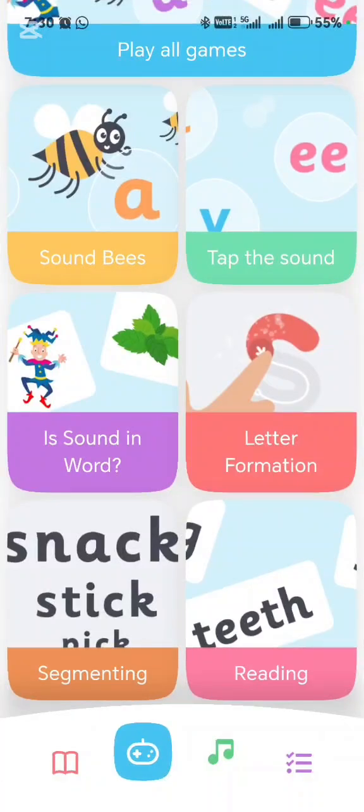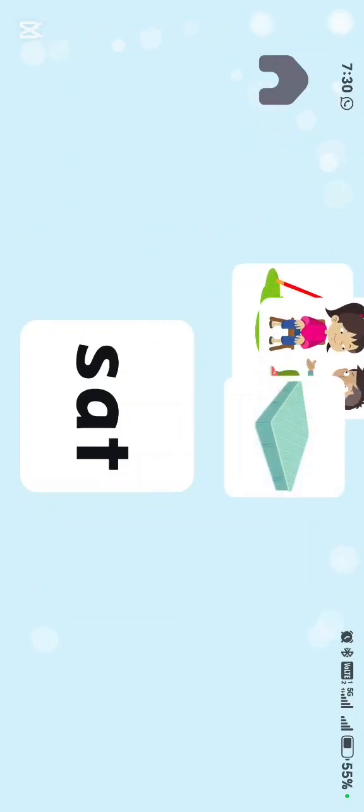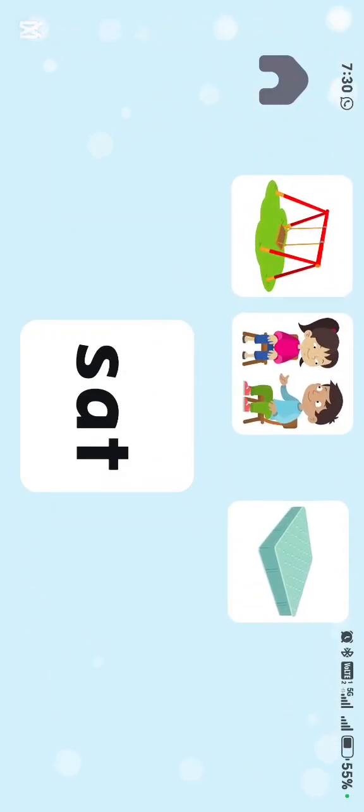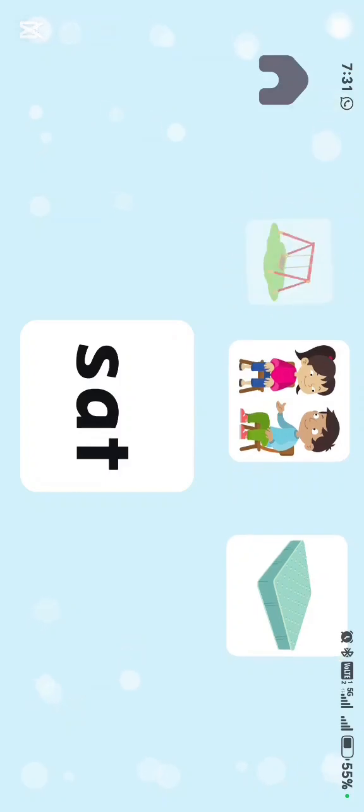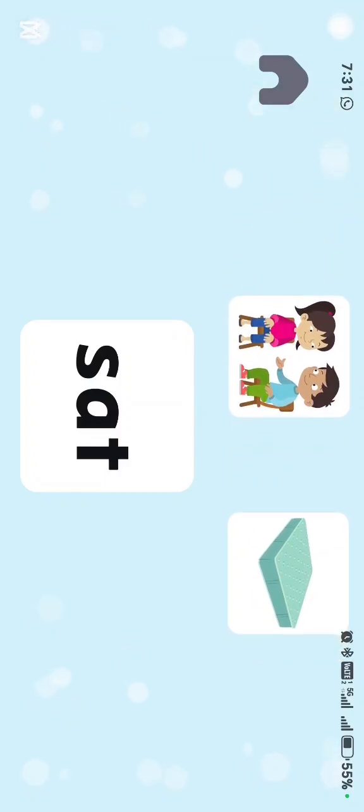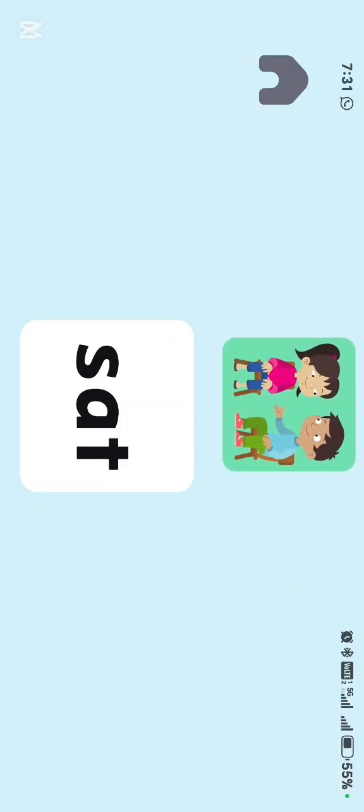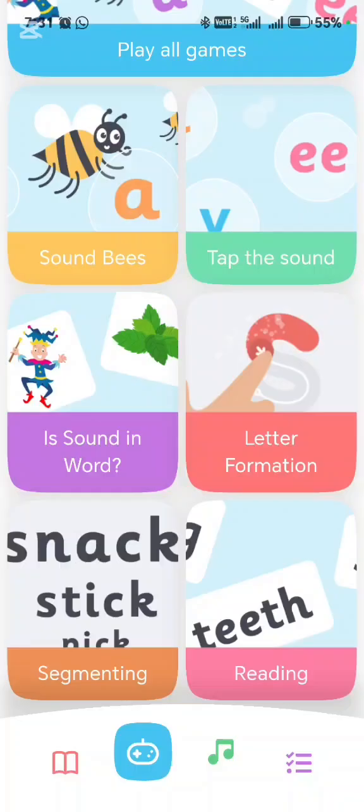When we get to the last game, this is for reading. Read the word and tap on the picture that matches it. This game will assist them with their blending and reading skills, so they'll sound it out and perhaps say sat. And if they still don't get it and they're taking a wild guess and say swing, because they see the sound, they'll know that it's not that one. And that's all for today's